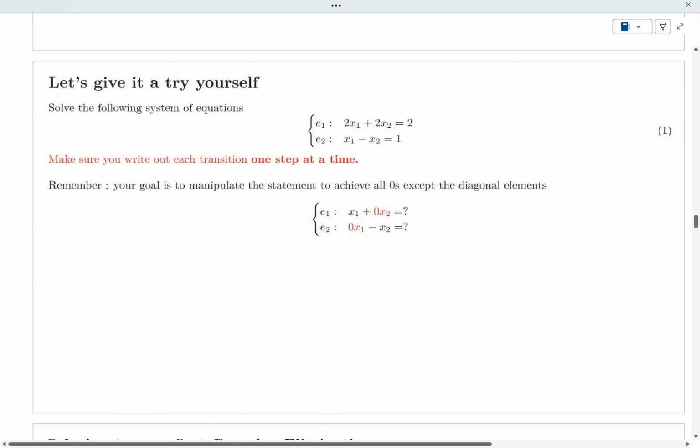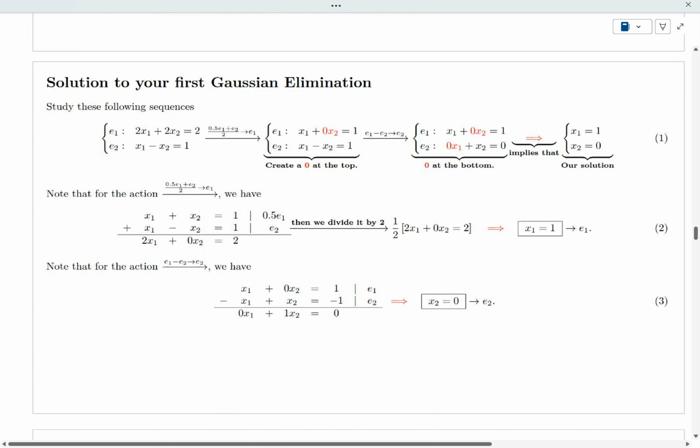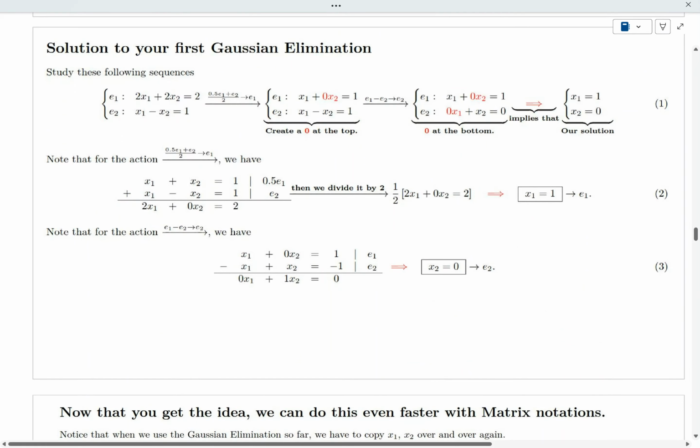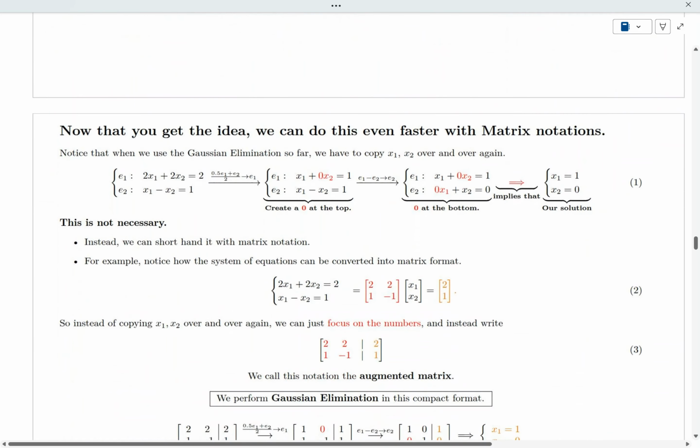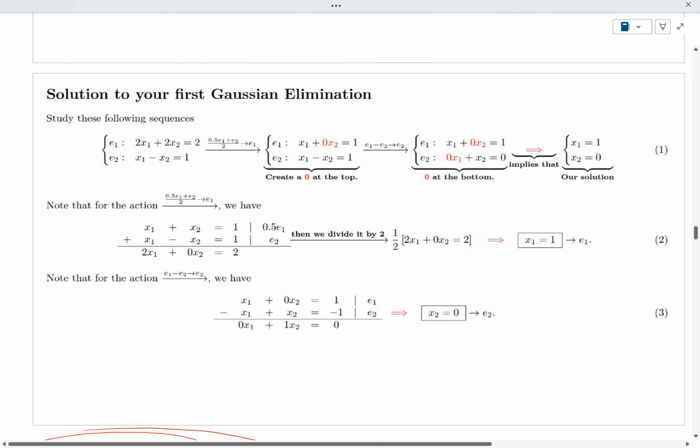All right, over here is the solution. You can pause the video and take a quick look. Hopefully, you're able to get this. Okay. All right. So now that you get the idea of Gaussian elimination, well, if you have to write this